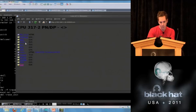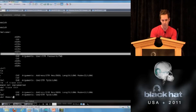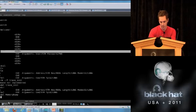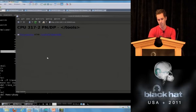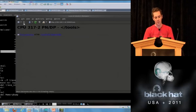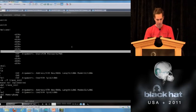Set of tools. You can see that we've deleted TraceInit. If we want, we can delete the memory dump tool, since we don't need that. So we just refresh, and it's gone. So we pretty much have access to this hidden feature, this backdoor command shell. And